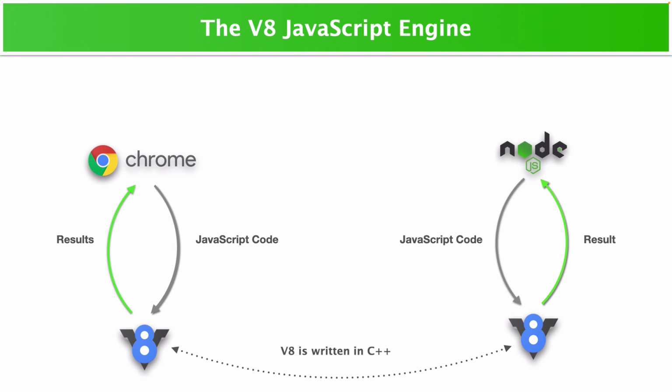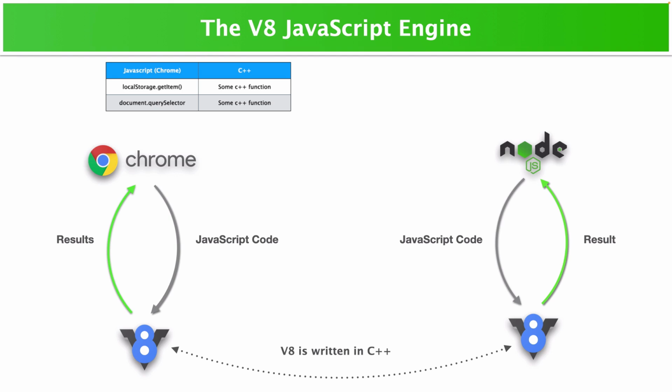What does this process look like? Well, we have a table. It's not really a table, but it is convenient to think of it as a table. And we have a set of JavaScript methods and objects, and we have a set of C++ functions. So on the left, I have picked two very popular JavaScript methods. Here I have localStorage.getItem, which would fetch an item out of local storage, and I have document.querySelector,